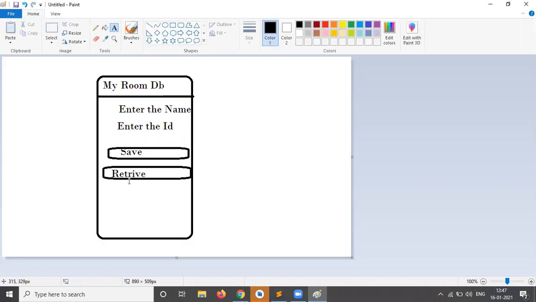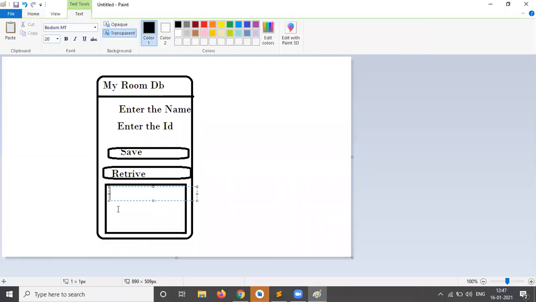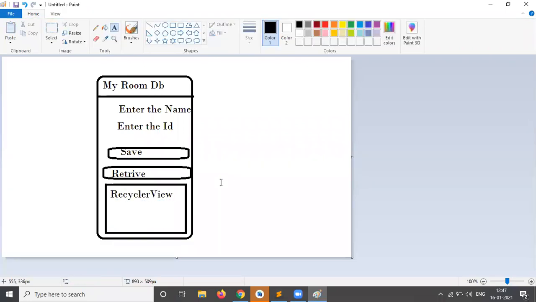And also you take the recycler view. In this environment, you may choose one recycler view. So this is the application requirement.